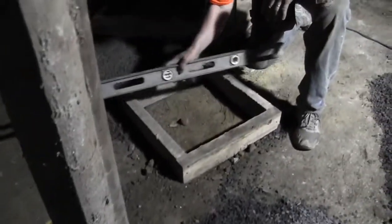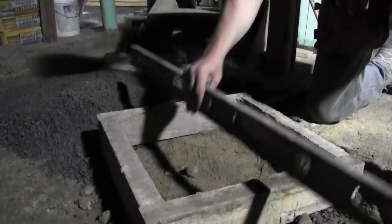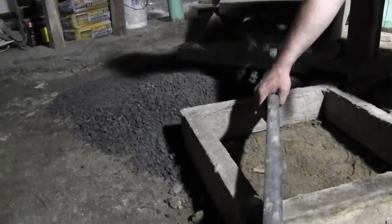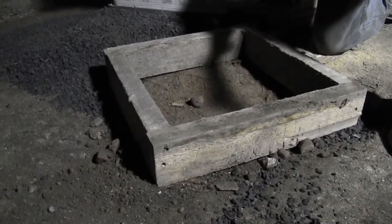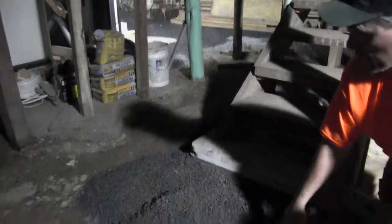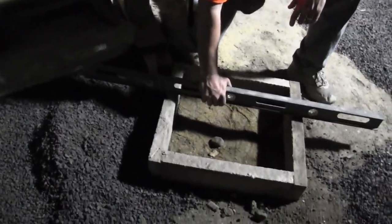Yep. And I've leveled it off here. It's not perfect, but it's not bad at all. We're basically doing the crushed limestone with the odd leftover granite pieces on top, so it's not anything super fancy, but really cool though. So we got it leveled off, and next I'm going to take the ready mix concrete over here, and we're going to add water and mix it around and fill these up, and